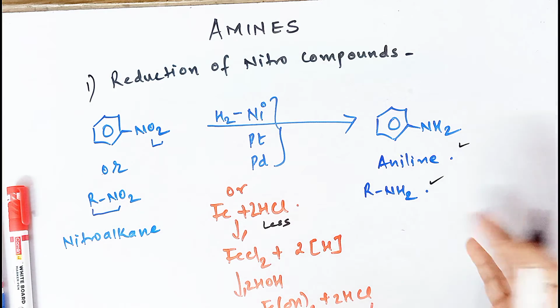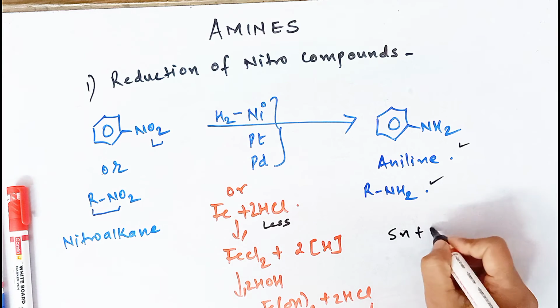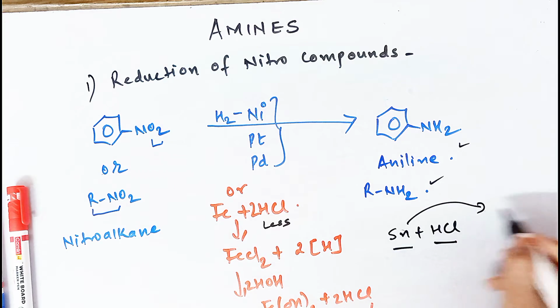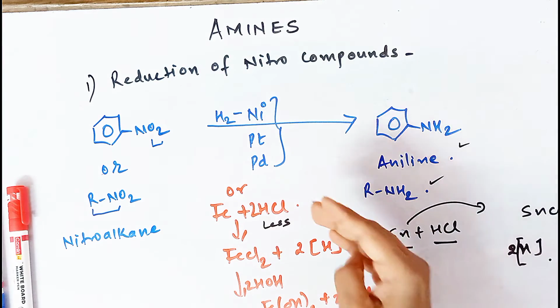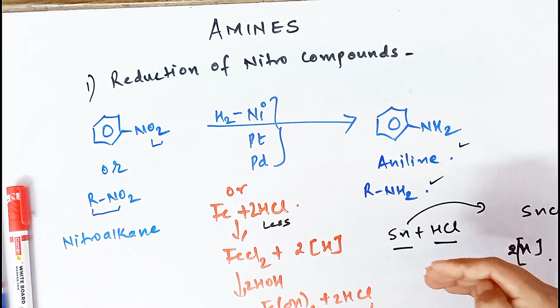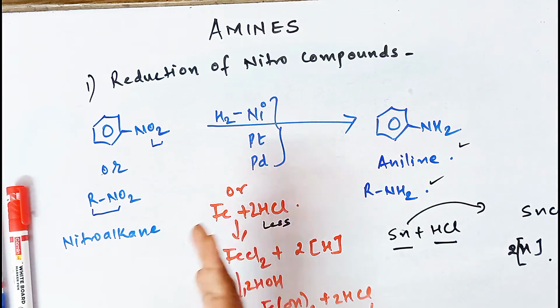So this method is the better method because of less consumption of raw materials, and the product formed will be the same. Instead of using Fe plus HCl, we can also use the third choice, that is Sn plus HCl, tin plus hydrochloric acid, which is also going to give you the salt of tin like SnCl2, and nascent hydrogen will be coming out, which will act as a reducing agent. So these are the 3 important reagents, children. Please remember them. First is the catalytic reduction technique, or we can have the metallic reduction technique, metals with acids like tin plus, this is a d block element, this one iron, and this is going to be a p block element. Whatever metal you are taking, you are going to take it with acids so that hydrogen gas is released.